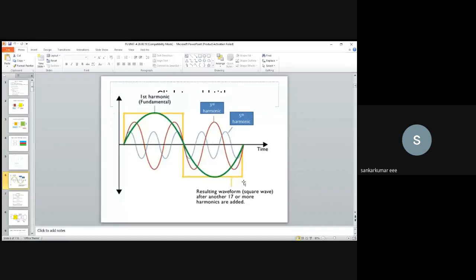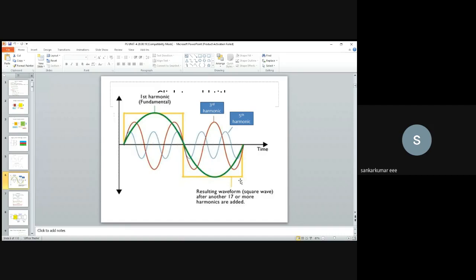If we give the square waveform as the output directly to any electrical equipment, suppose we give this square waveform as the input to any single phase induction motor or any type of AC motor, instead of the sine AC supply, what will be the disadvantages? That will overheat the motor. Instead of giving the pure sinusoidal AC supply, if you are giving the square waveform, we are having the harmonics in addition to that sinusoidal. That will create unnecessary torque ripple, and that will lead to heating of the motor. So we have to filter out these harmonics and obtain only the fundamental alone, that is